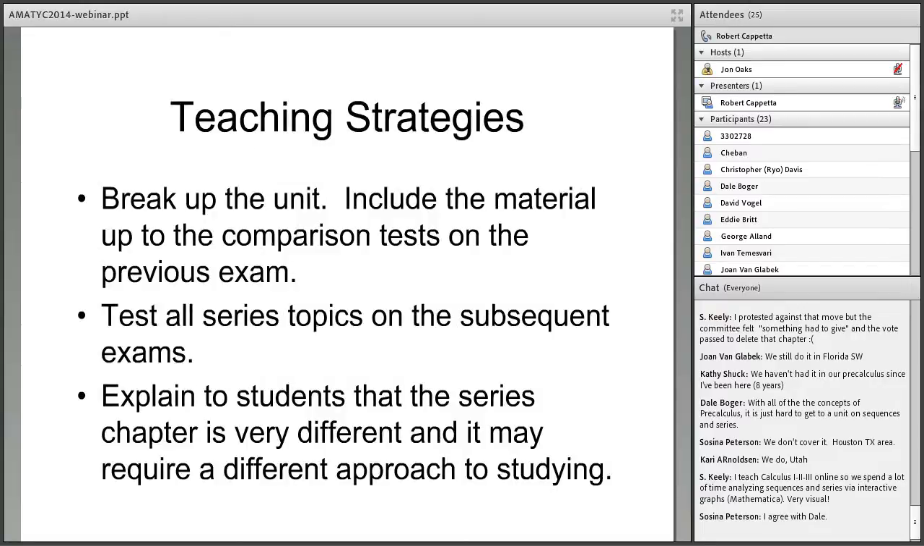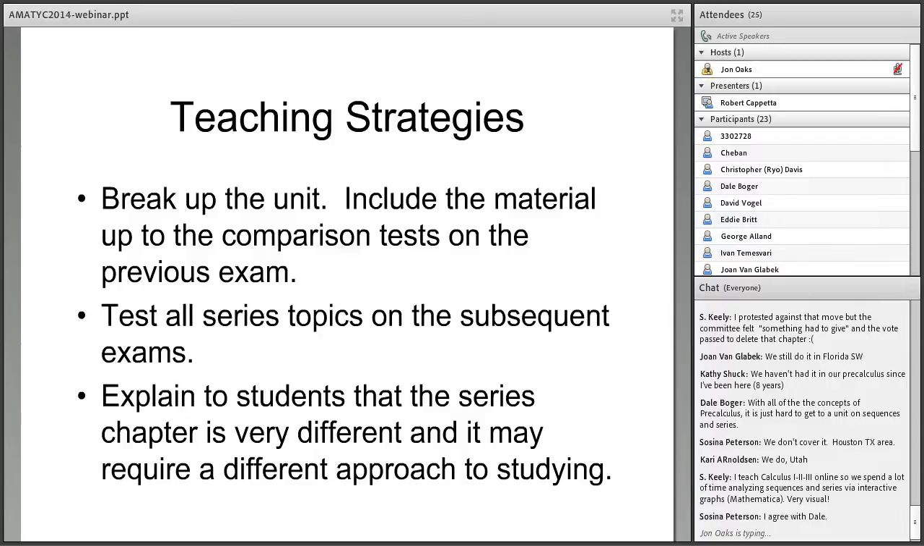So I've got some other teaching strategies. I believe it is helpful to break up the unit. Most people teach the entire series chapter and then give an exam. And frankly, I don't think that works very well. I think it really is better to break the series unit up into 2 pieces. So what I typically do is I include the material up through the comparison tests on the exam that also includes L'Hopital, improper integrals, and such, because those topics relate well to each other. And then finish the series topics with your ratio test, root test, Taylor series, Maclaurin series, applications and such